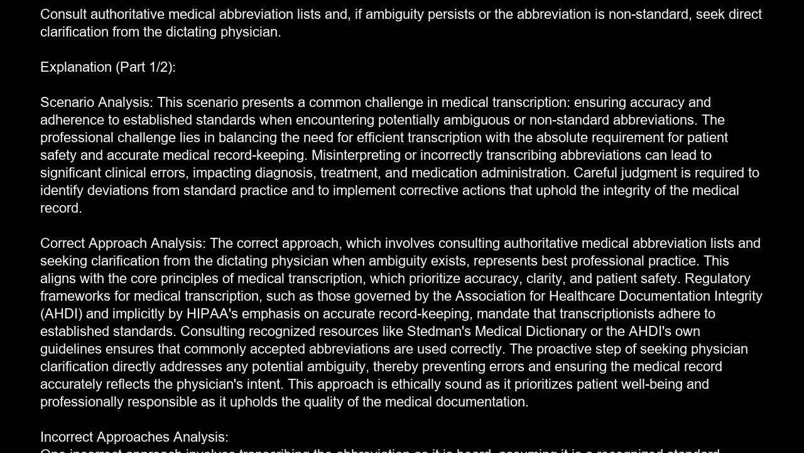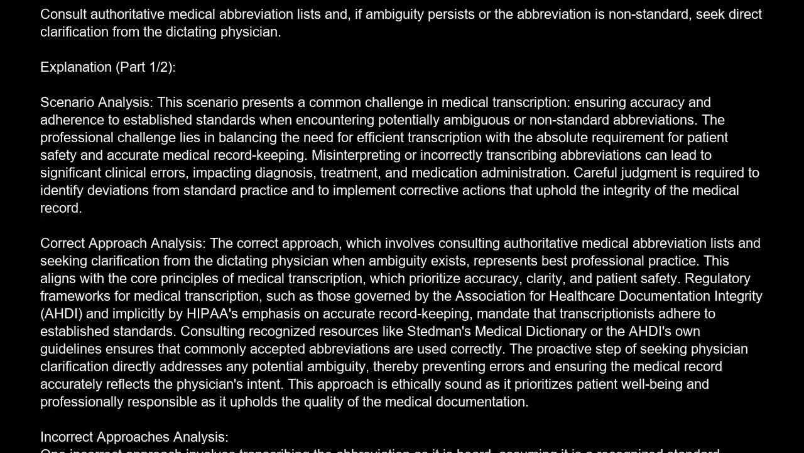The correct answer is C. Consult authoritative medical abbreviation lists, and if ambiguity persists or the abbreviation is non-standard, seek direct clarification from the dictating physician. Explanation. Scenario analysis. This scenario presents a common challenge in medical transcription,